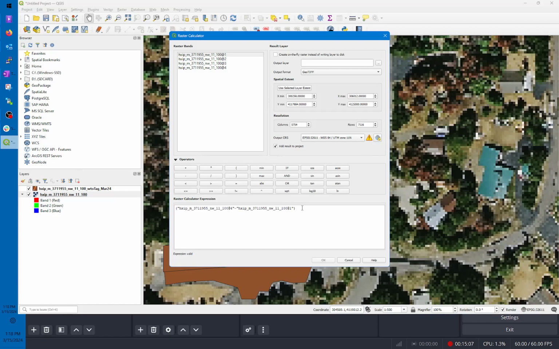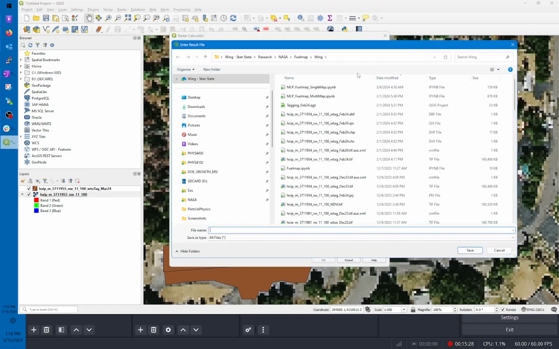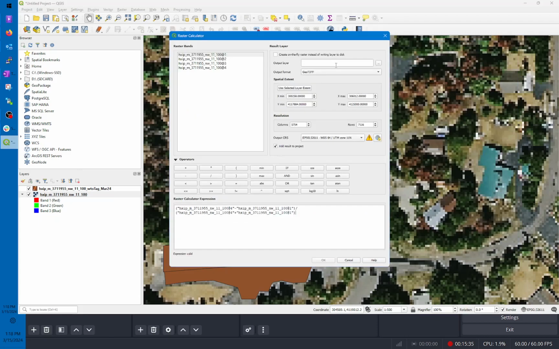Close that parenthesis, divide. Instead of double clicking stuff up there, I'm just going to copy and paste this because I'm going to add the 2 on the denominator instead. That's the normalization. So when you have this, we're going to create a new layer with it. I'm going to browse, and I'm going to name it the same name. Sorry, I'm going to type in exactly the same name,